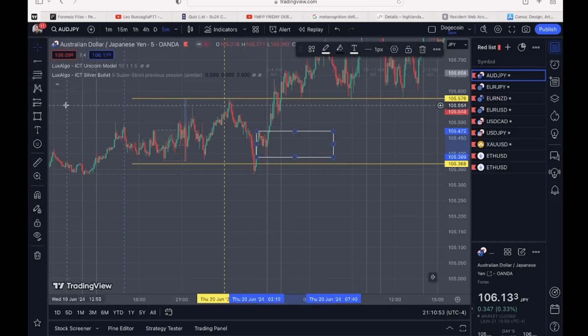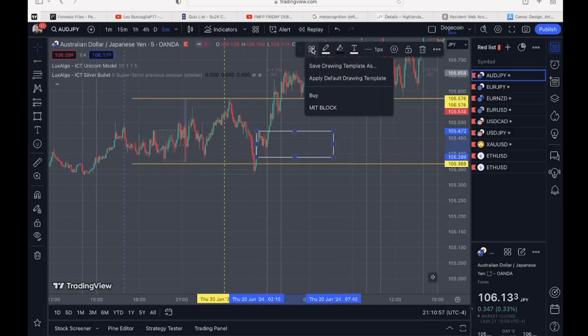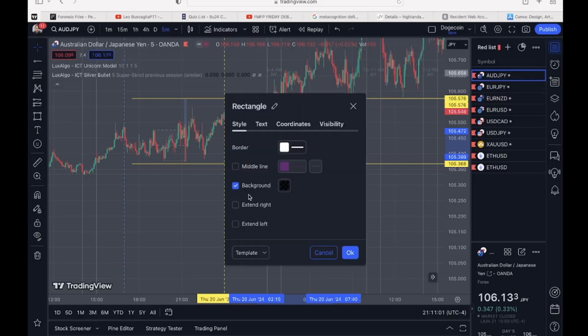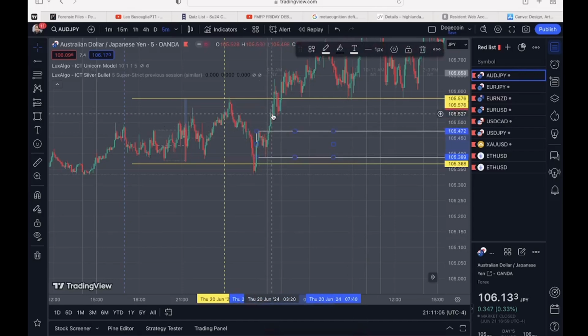So let's extend this, and I want to show you something very interesting of basically what price did. I always take this as a breakout and I try to get in, and if price never came back to mitigate it, I would look to enter again and take the same trade, because it happens all the time. Now, as you can see, we would have entered this trade soon as that candle broke out and closed,